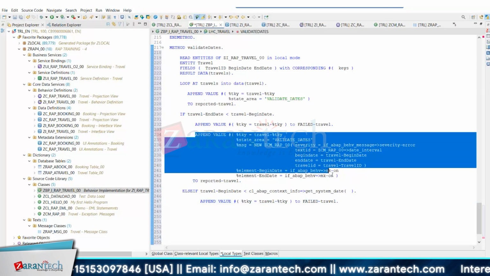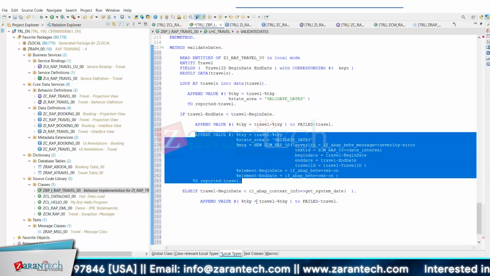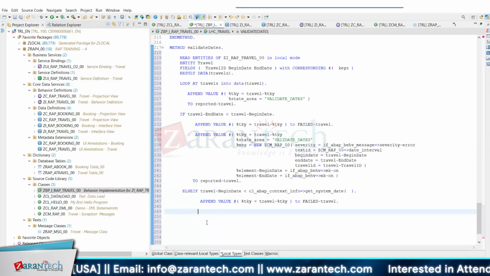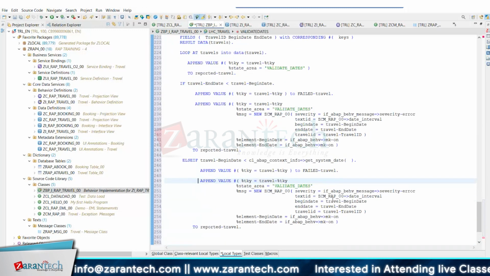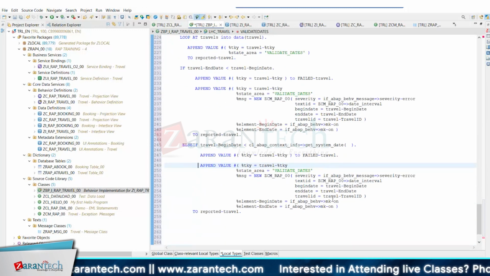Copy this. Control C. So here we are only appending the transactional key, state area, and in the message,